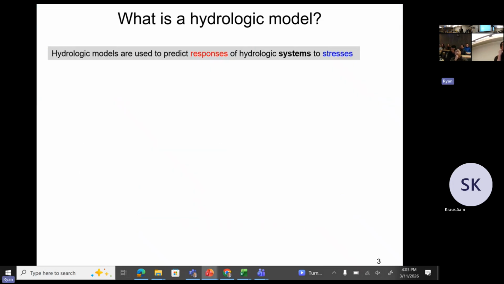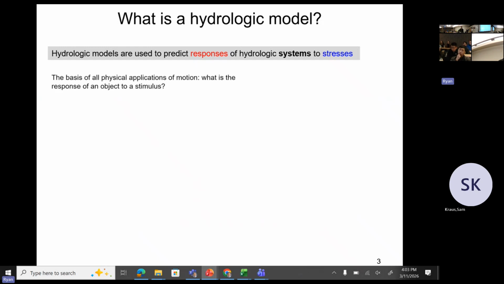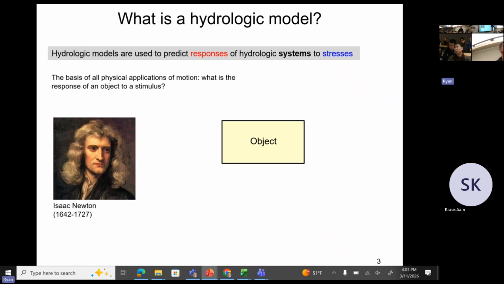So first of all, hydrologic models are used to predict responses of hydrologic systems to stresses. So we have a stress and a response. And of course, back in dynamics, we learn from Newton's second law of motion that everything that has a stimulus, there will be a response. So the basis of all physical applications of motion, what is the response of an object to a stimulus? So we have an object, we apply a force, we're going to have a change in motion, often a change